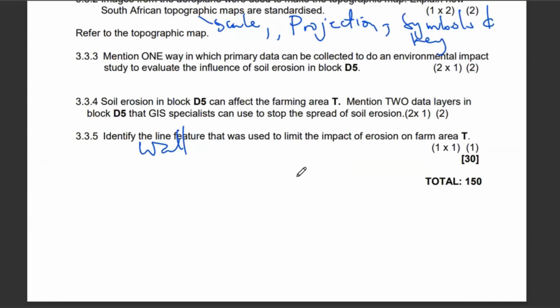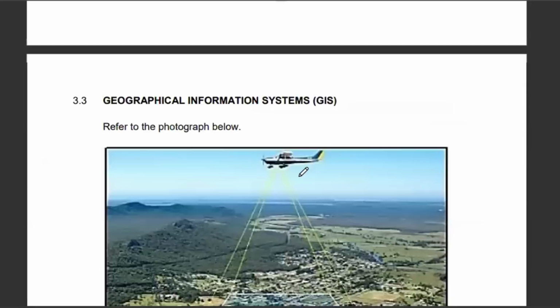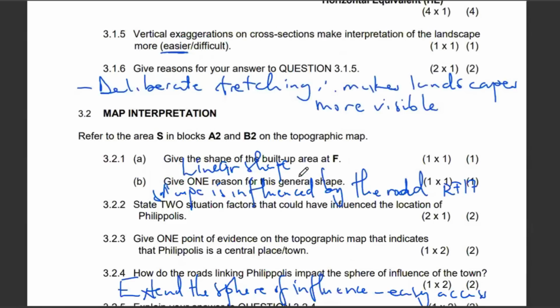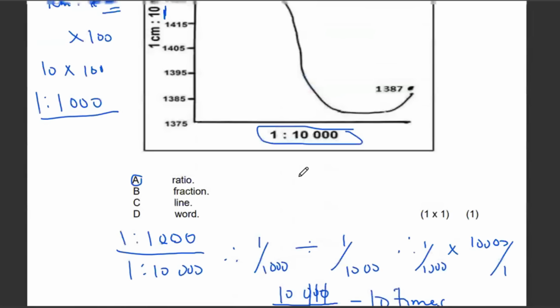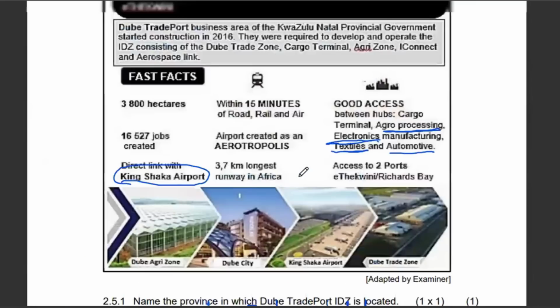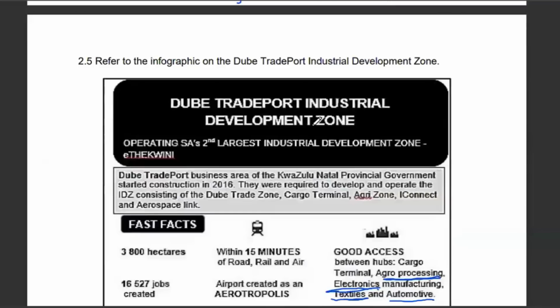And to be precise, the question on economic geography, you have to specialize. And as you are specializing, the areas of specialization here for this paper, we have seen that for the industrial development zone, we are focusing on the Dube trade port. Remember, for paper 2 economic geography, you specialize. So the Dube trade port ultimately is the one that is going to be examined in the 2025 November exams,